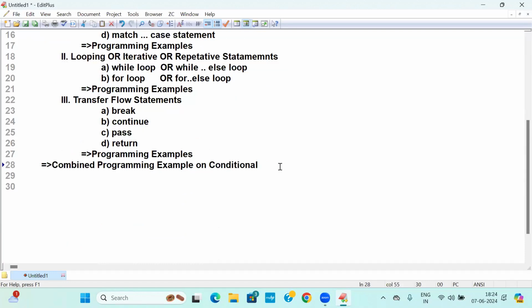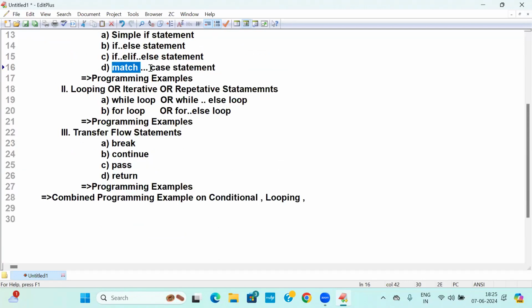Looping. Revant Kumar, don't try to look into everything in Java. Switch case is nothing but a match case. So don't look into everything like Java. You remove the Java specs and then wear Python specs. So combined programming